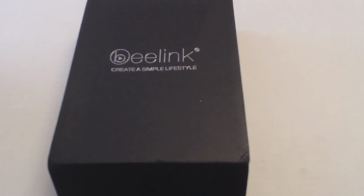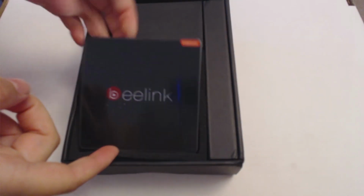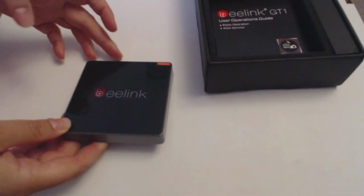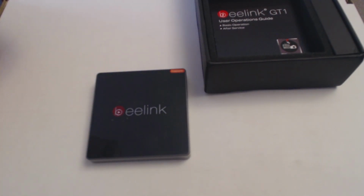Okay, here it is. We have the Beelink GT1 Android TV box. Comes in a black box. The box is well packaged, inside with some foam around it. It's got the protective film on it, which we shall take off and show you the surface of the box